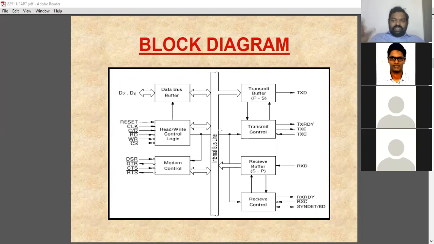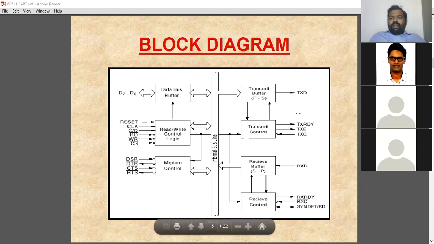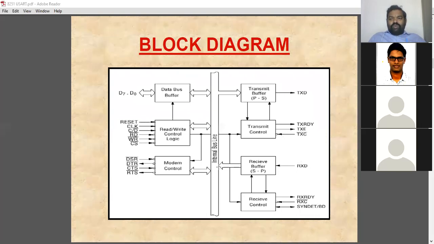So physical switches, for example, the power on switch will be there, right? The power on switch is the only switch that you can physically use. But other than that, the remaining all will be under your control in the form of enabling, disabling. That is nothing but the mode word, command word, and status word of 8251, right? So today I was explaining about the mode word, command word, and status word.